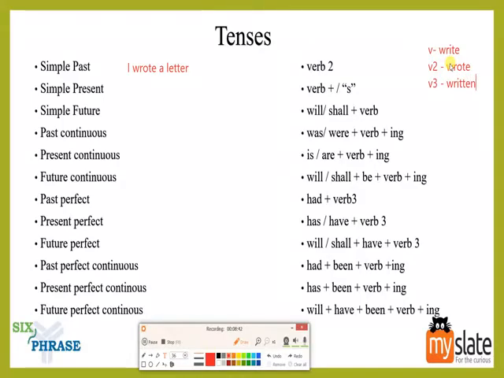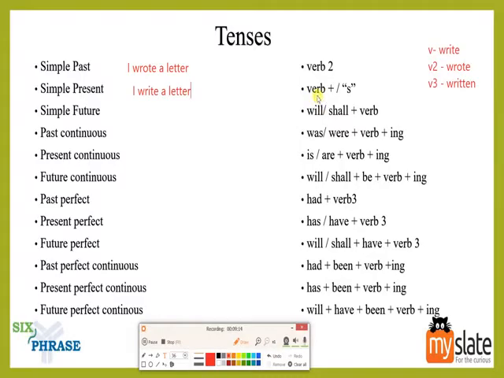So we use this to form sentences here, therefore we'll know what tense to use, what form of verb, and what tense will have what format. Therefore it will be easier for us to actually find out what form they are asking, what tense they are using, right? So if I'm gonna go with simple present here, okay, so I write a letter. That is the simple present form.